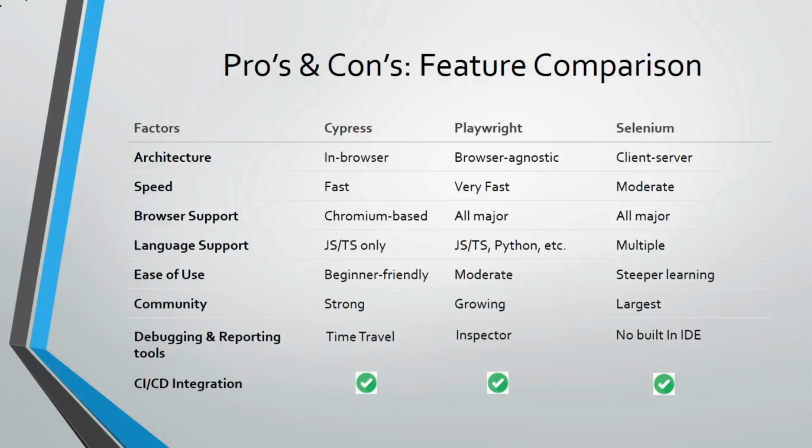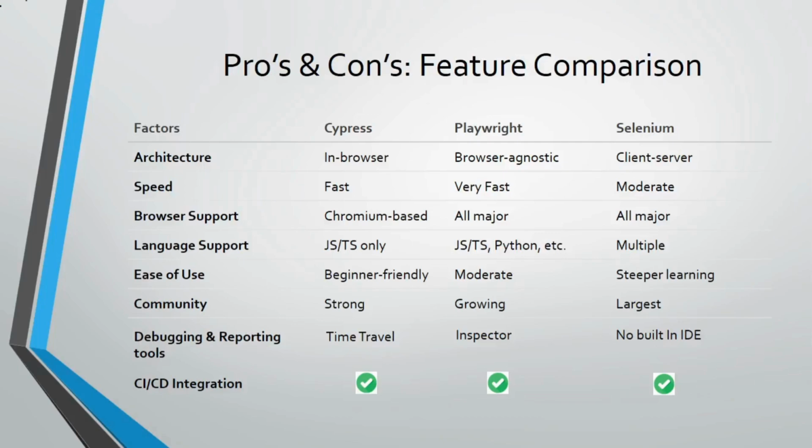When it comes to ease of use, Cypress is beginner friendly. It has functions that you can learn very easily if you know JavaScript. Playwright is moderate, and Selenium has a steep learning curve. When it comes to community, Cypress has a strong community, Playwright is growing, and Selenium has the largest.